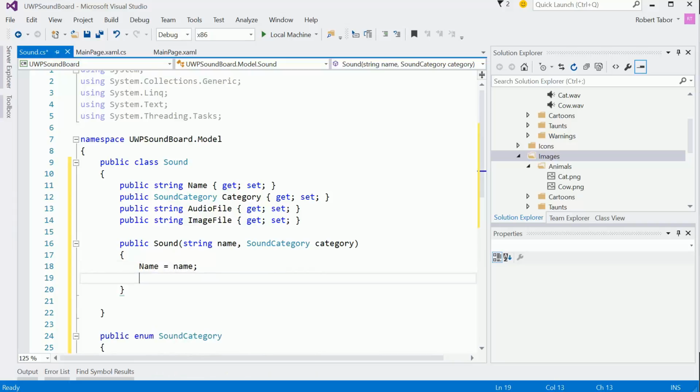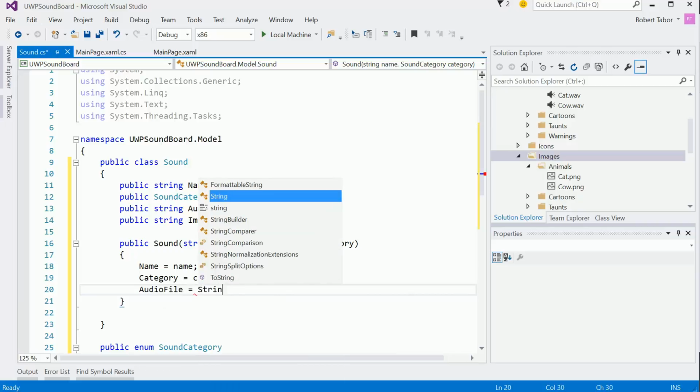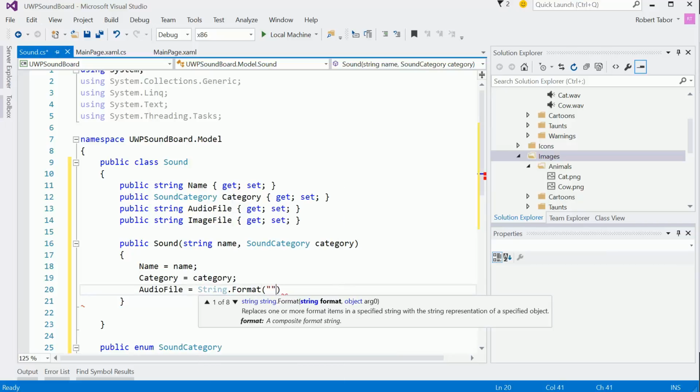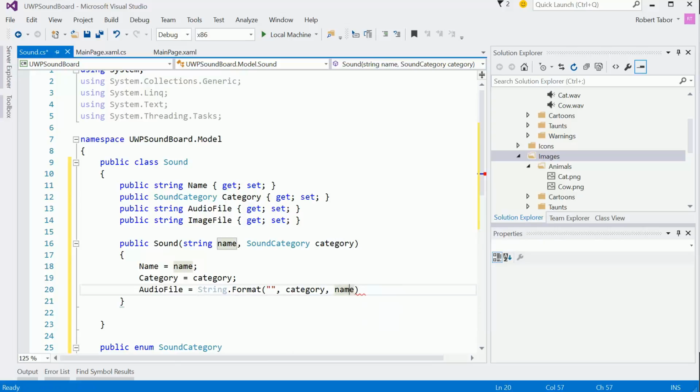Name equals name. Category equals category, and then the audio file will equal string.format, and we'll give it the category and the name, and inside there it'll be like